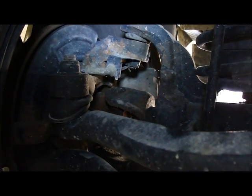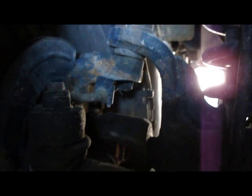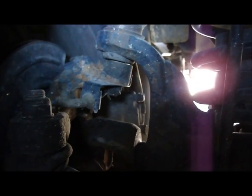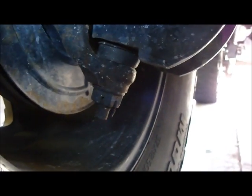Okay, we have this side jacked up, and in this case we're using a shovel as a long lever underneath the tire to check for excess play. Now, when my son does this, I want you to look at the play in the upper ball joint. So go ahead. See that knuckle dropping in and out of the upper ball joint? It's not supposed to do that. Let's look at the lower one. There's up and down play in that lower ball joint. Both those ball joints,